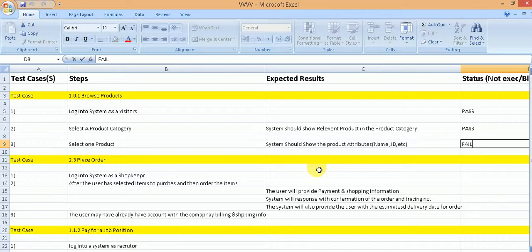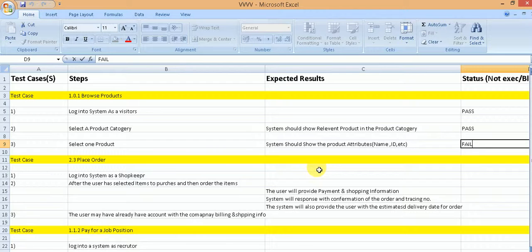So if the test case fails, then you should go and log a bug report where you describe what the problem is, what exactly you did. We'll have another video on the bug report. There we'll go into those details. But just keep in mind that even if one of the expected results fails, that entire step will fail, and because the step fails, even if there is a single step failed in the entire test case, the entire test case would fail. Now, so this is an example of a test case.